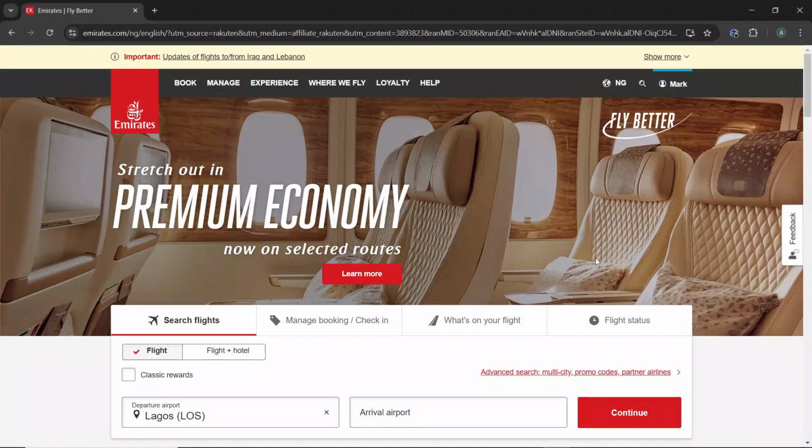Hello, in this tutorial, I'll show you how to check in online on the Emirates web app. Here are the detailed steps to check in online using the Emirates web app interface. The first thing you need to do is to launch your browser and navigate to the Emirates official website at